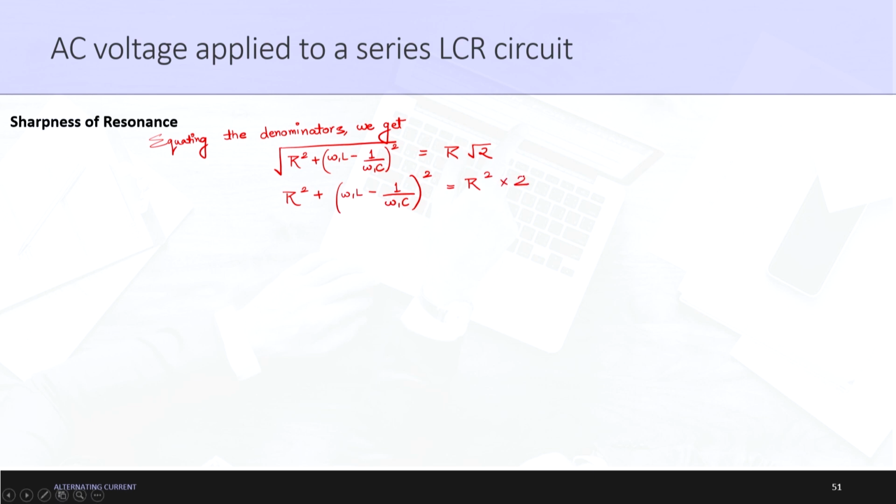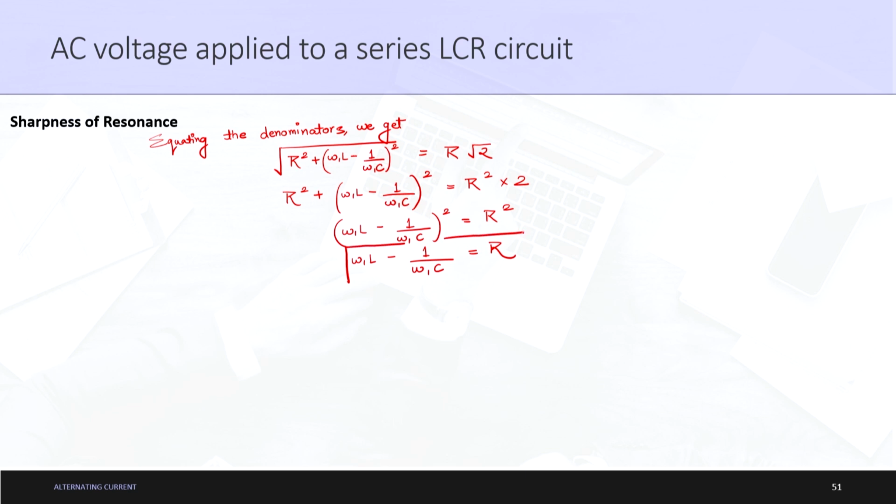Let us put R square on this side and then calculate again. So, it is omega 1 L minus 1 upon omega 1 C whole square is equal to R square. Let us remove the squares. So, we will get omega 1 L minus 1 upon omega 1 C is equal to R. Okay. So, this is the final